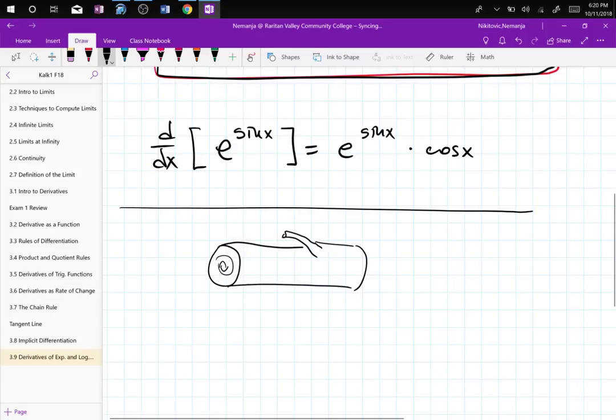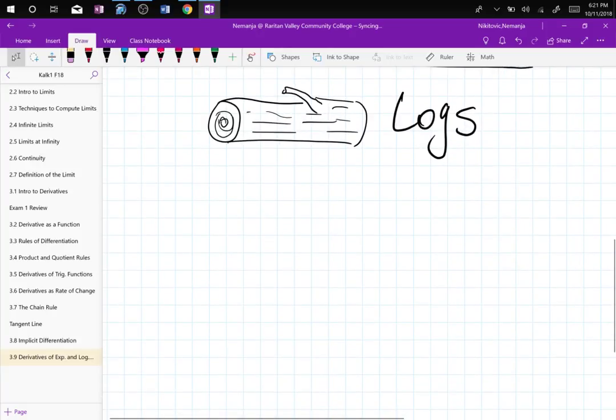Logs. Actually, before we talk logs, let's do